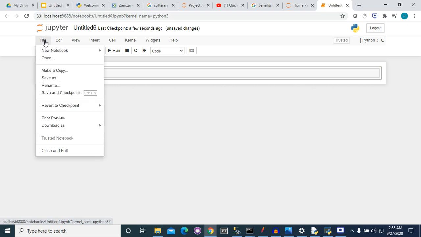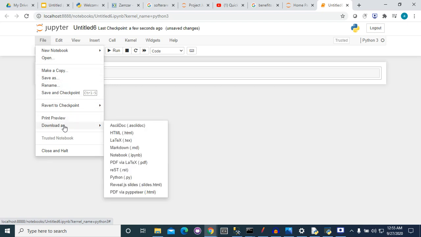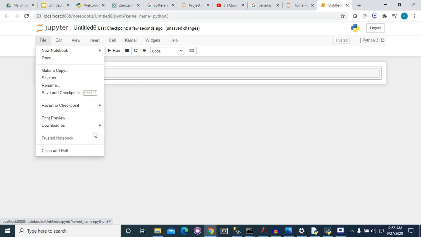By this option, you can create a new notebook or open an existing notebook, and you can download code in HTML form or PDF form or .py, which is the Python default syntax. And there are lots of more options.